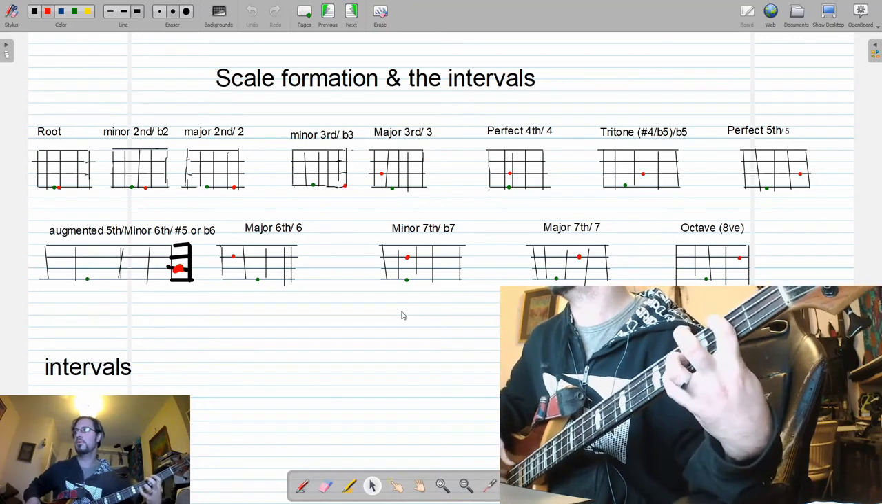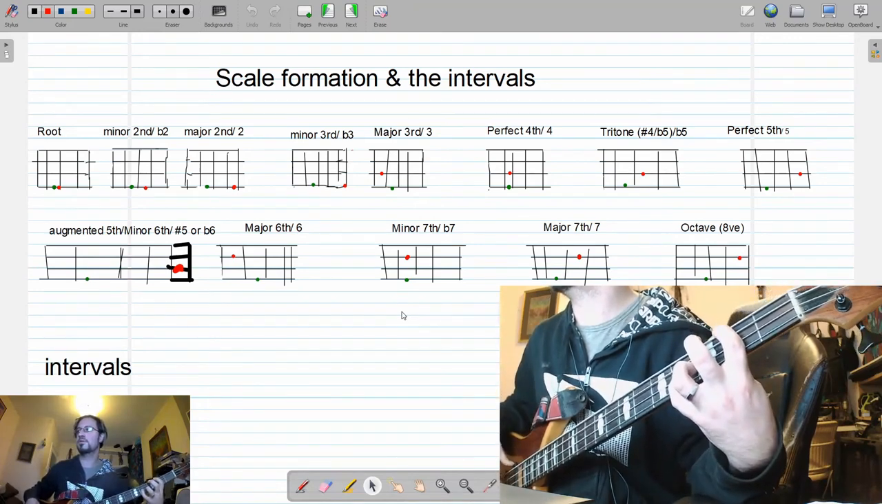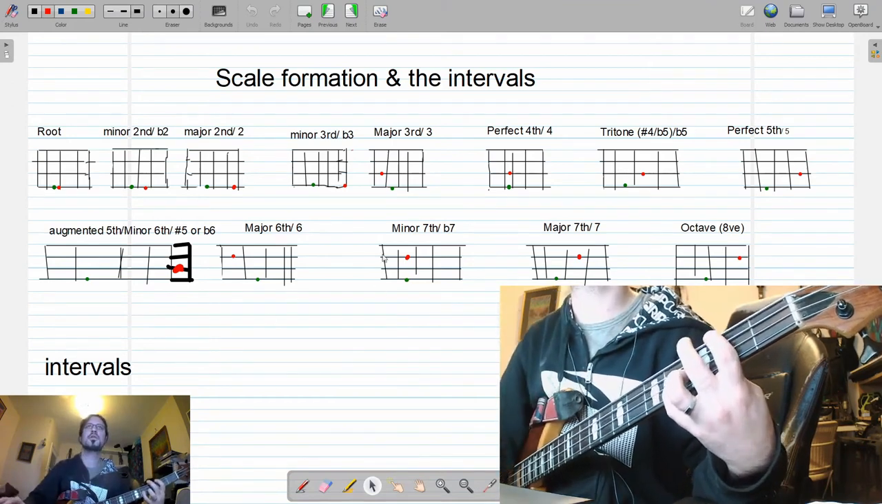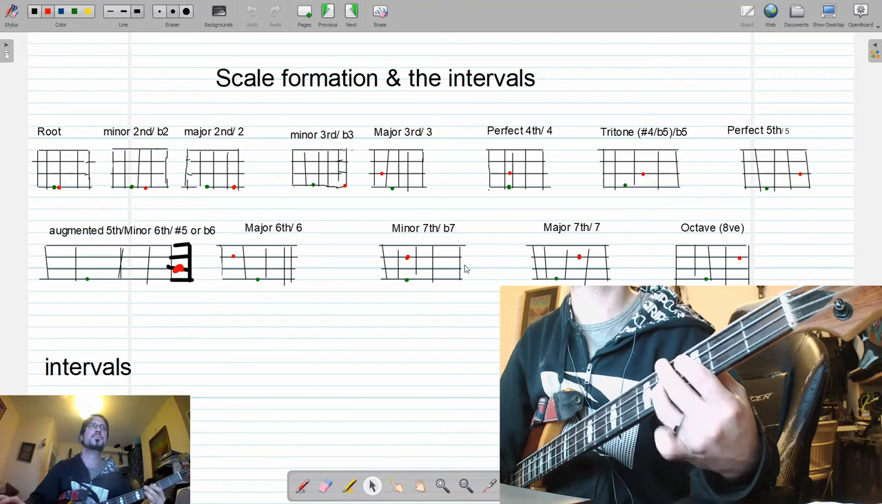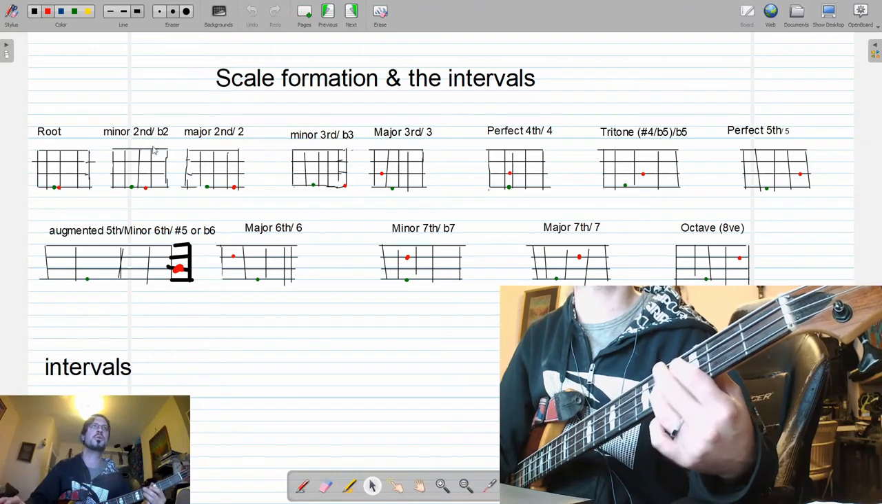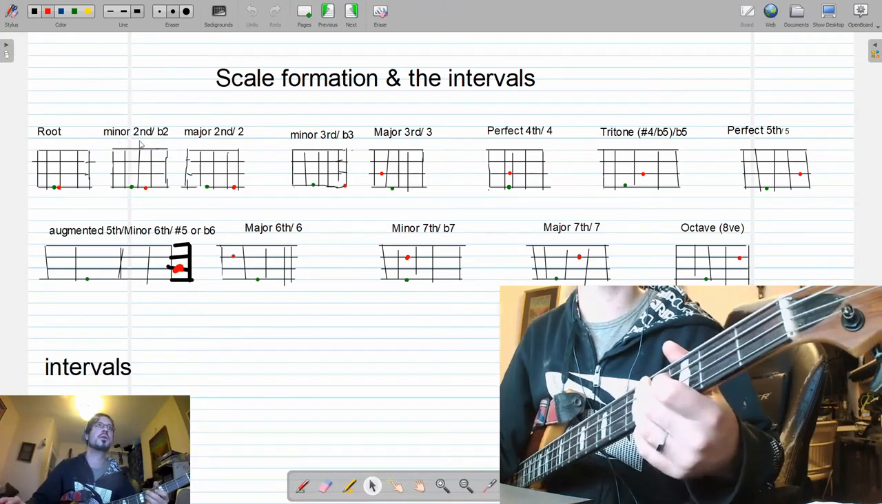Whoops. So there you go. So they're all the intervals. And now, once we've got an idea of how to memorize all these intervals, we can start to use these intervals to form scales. But if you look just quickly before we move on, next to minor second I've written flat 2 and 2